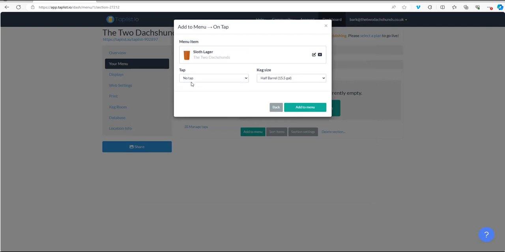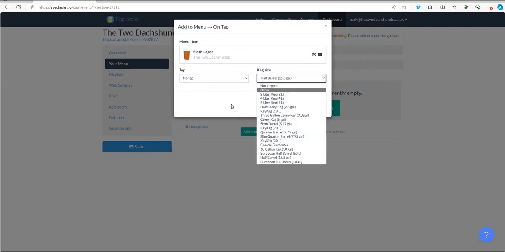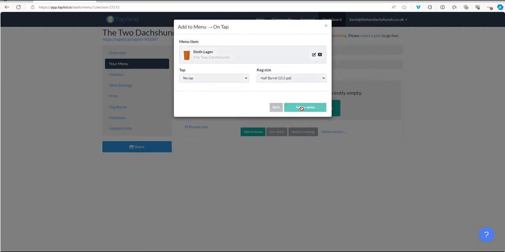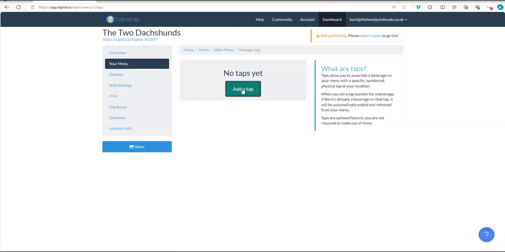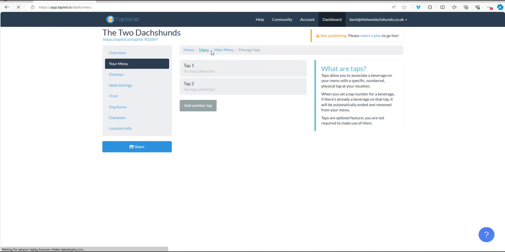And then this is where you assign it to a tap. Now I've got no taps here, so I just need to go and configure that tap. Keg size, I don't use that. You can link this up to external systems that help manage that. So you've got manage taps here. I'm going to add tap 1, tap 2. I've got 2 taps. So if I go back to my menu now,